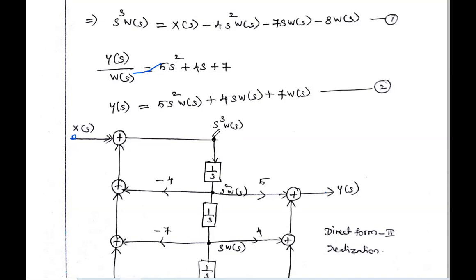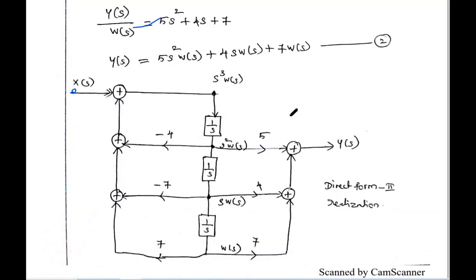We are considering this point as s power 3 into w of s. So from s power 3 into w of s, how can you obtain s squared into w of s? Between s power 3 and s squared, what is the difference? 1 s. So we have to reduce 1 s. When we apply s power 3 w of s, we are not going to use a differentiator. We are going to use the integrator block. You know the reason: an integrator suppresses the noise signal, whereas a differentiator enhances and amplifies the noise signal. That's why we are only going to use the integrator block.